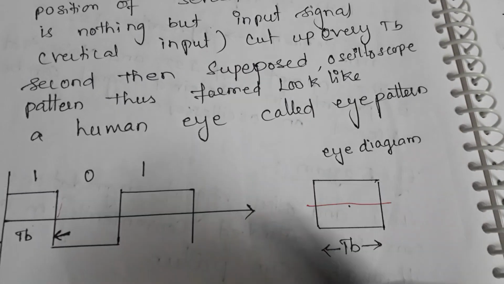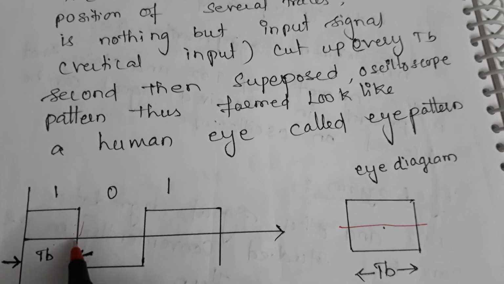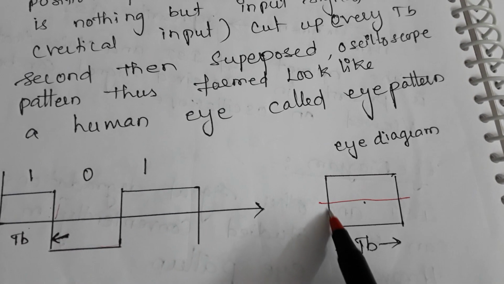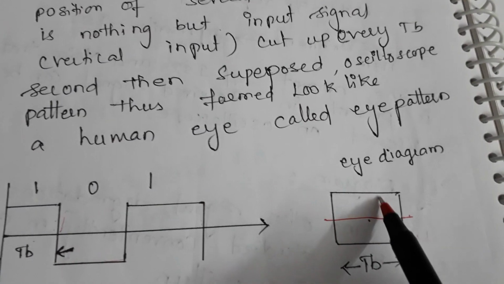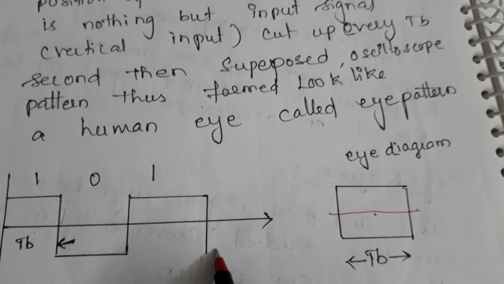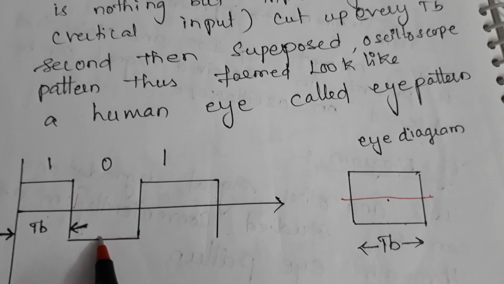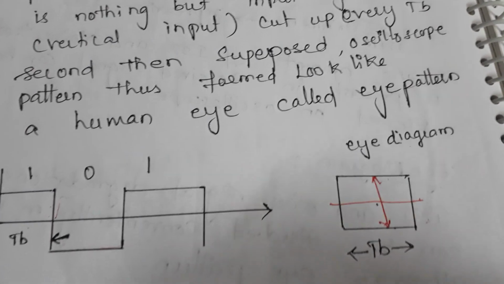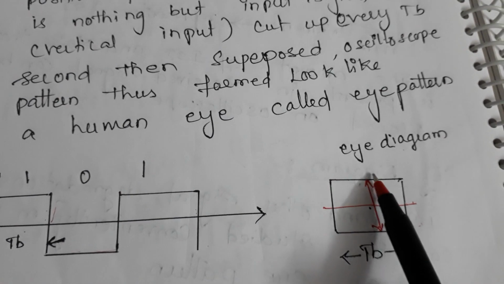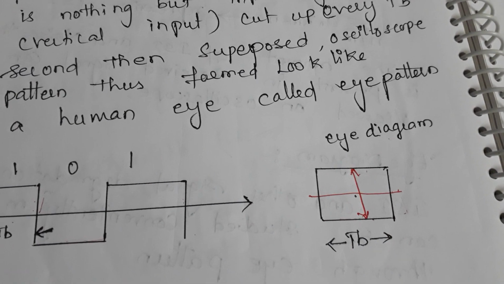I am considering my reference. Whatever you got here on the up will be on the up part, and whatever you got here will be on the down part. Again, whatever you got on the up will be here, and whatever you got in the bottom will be here. So this is the eye diagram. Because there is no noise, it is very clear, and this is called eye opening. If the eye opening is good, I can get back my original signal. If this eye opening is closed, I cannot get back my original signal.